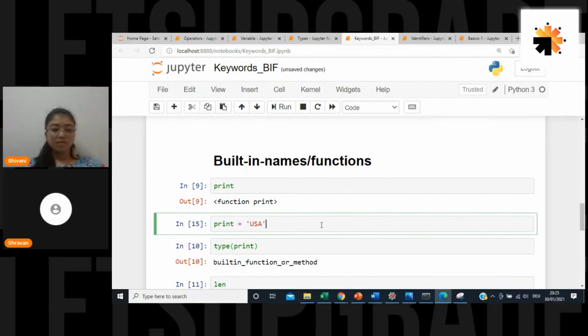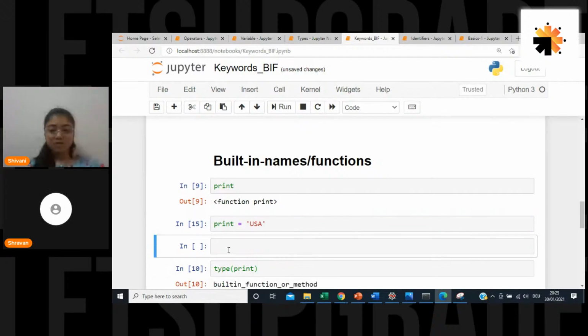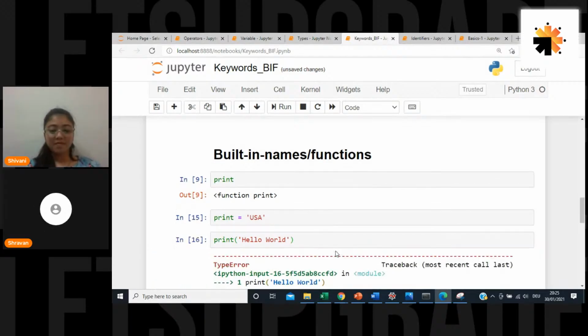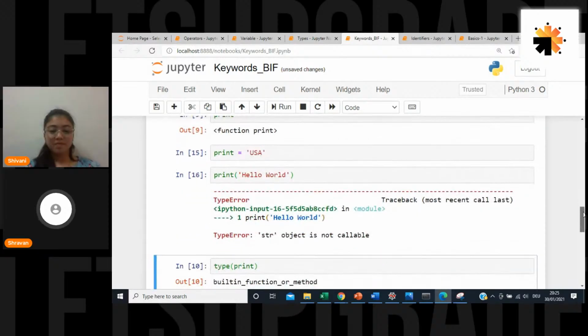Now you see why we are using print generally. Print we will be using for printing something, right? So now I will just go ahead and write print, and I wanted to print something like hello world once again. Hello and world. So now I wanted to print this. What has happened? You have overwritten your print, right?